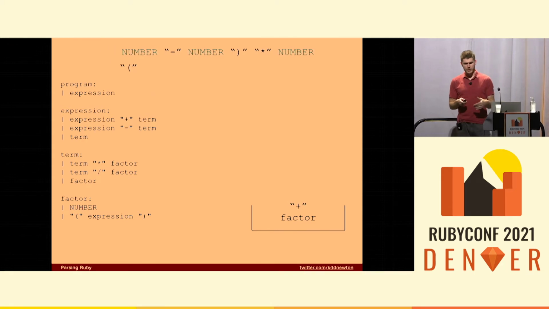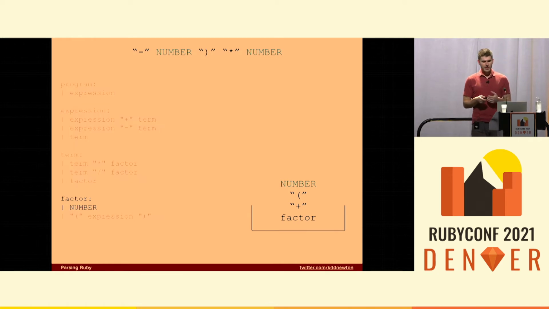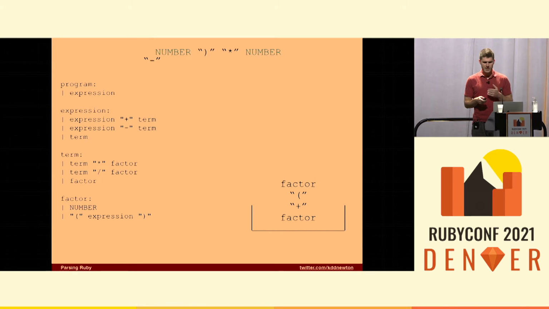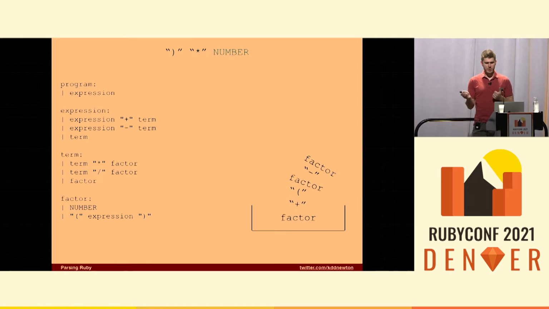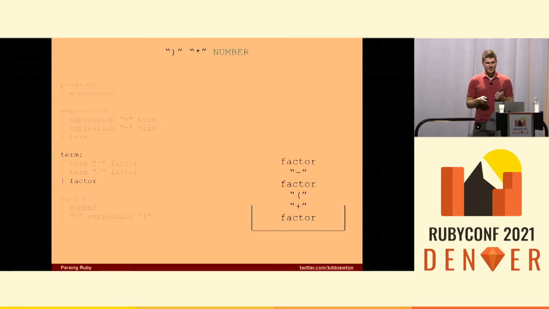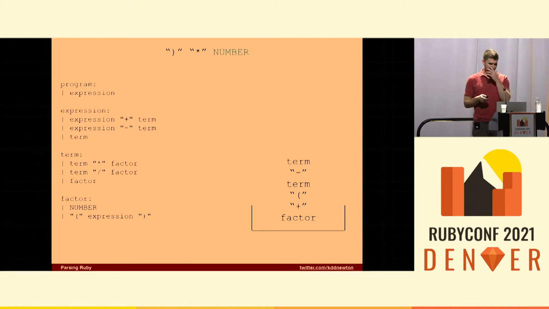So we're going to shift more tokens, continue shifting until we get to something else we can reduce. Okay, we've got a number. We can reduce that again using our grammar down to a factor. Continue shifting. Again, we get a factor, and finally we get to something we can actually do. Now this stack is looking a little bit large, and I've been working for Aaron for a little bit, so I couldn't resist just showing that this is in fact overflowing. So we can take the factor, and we can say, okay, a factor is actually a term. A term minus a term can just be an expression.